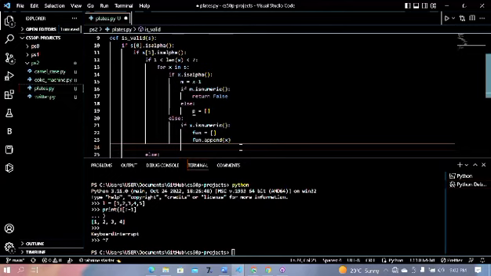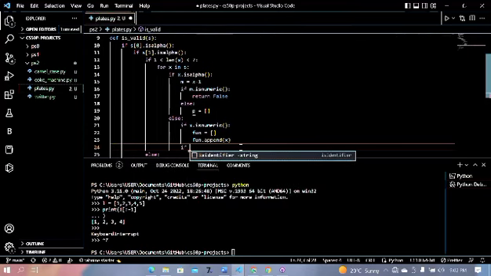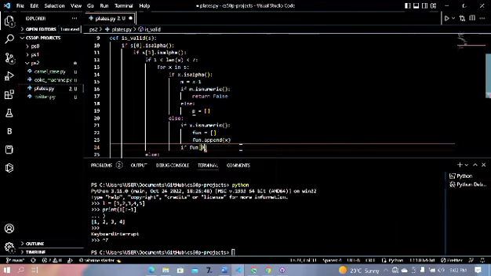Then I think we should come out here because this is where the condition is. Let's pass on that if. So if the first element of fun is equal to